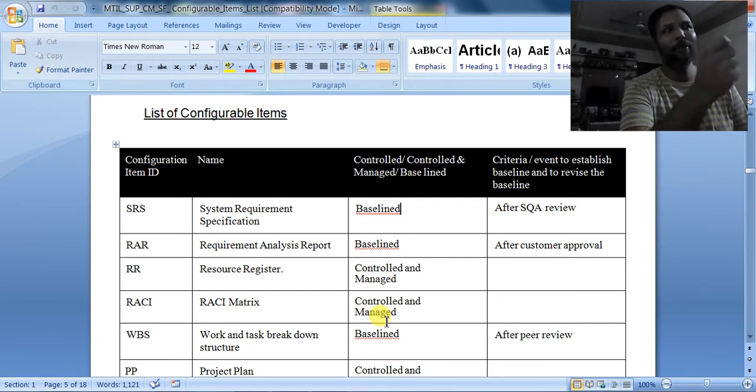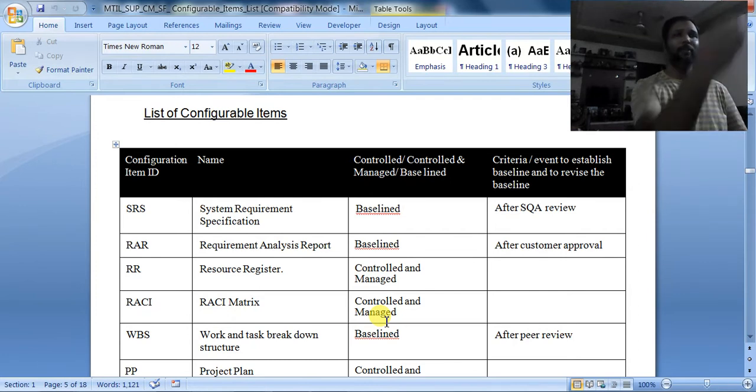Plan documents will be changing. Whenever scheduled documents are there, they will be changing. Whenever any schedule slippage is done, then all the schedules depending on that particular module have to be modified.